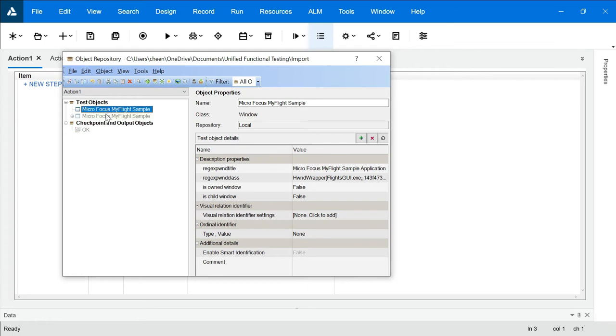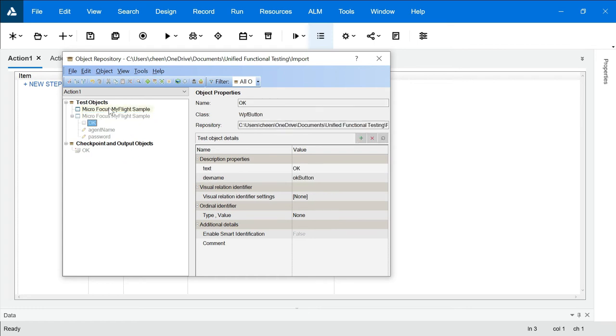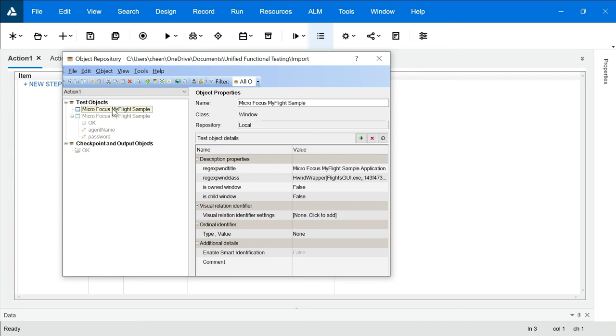Now, if you go to your object repository, you will see two options. Look at this. One, you will see micro focus flight sample because we are choosing all object, and one is grayed out. If you expand this, you will see all the imported objects. Look at the difference. This over here is activated and this is grayed out. So this is read only. Objects which you are importing will be read only. That means you cannot modify them. Whereas your local objects will be read write. That means you can edit them too.